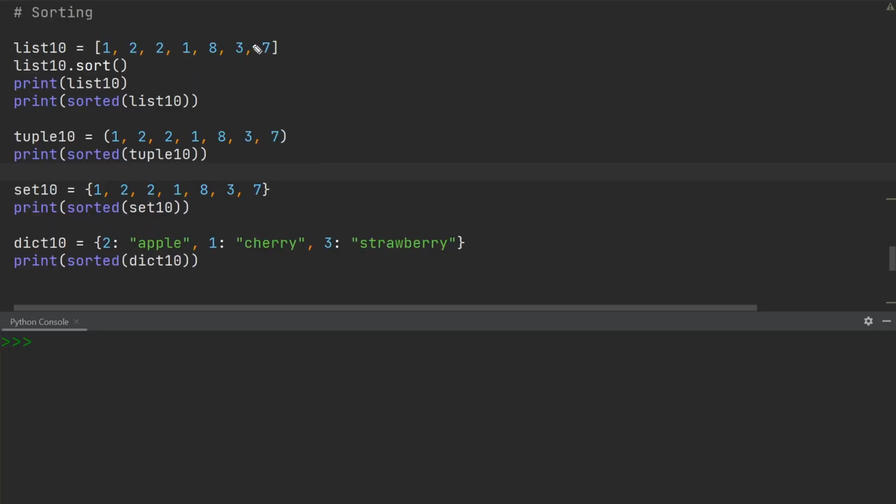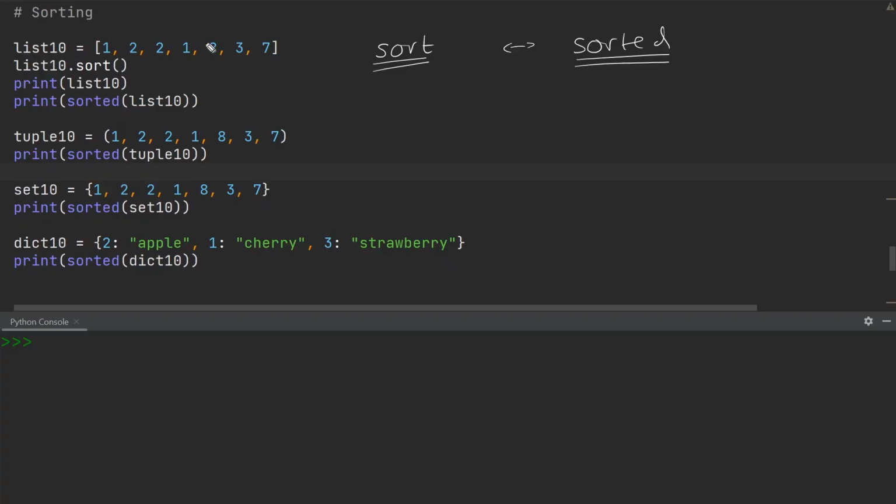Last but not least, let's talk about sorting the data in collections. When we talk about sorting data, there are really 2 possibilities, either by using the method sort or by using the method sorted. Now there is actually a difference between these 2, which is that if we use sort, we are making changes to the original collection, whereas if we use sorted, we are simply returning the sorted collection. There is a distinct difference,